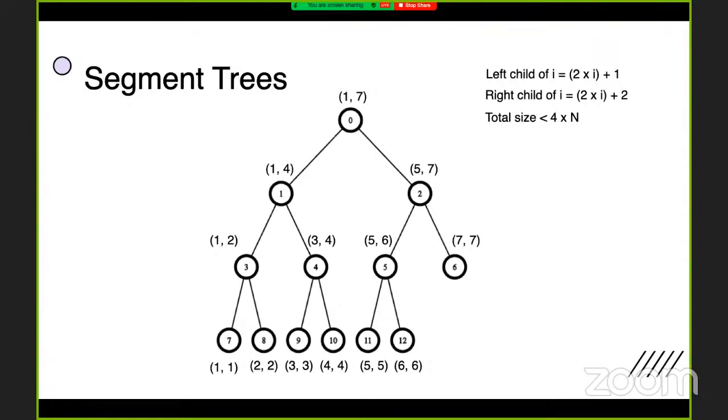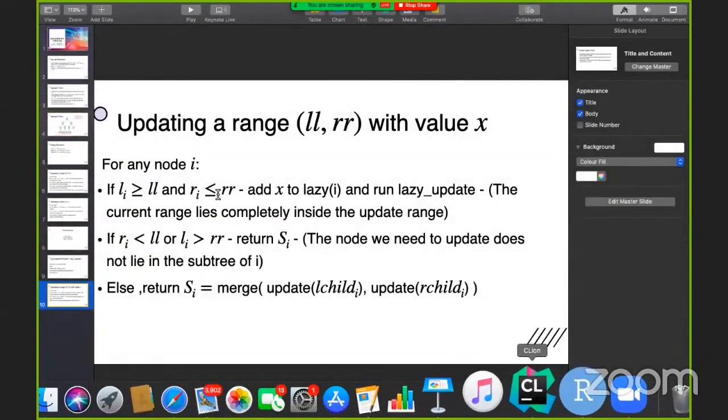Okay. So this means that instead of making some complicated C++ structure and then creating nodes with pointers or something, we can just store it in a linear array because each node has a unique value and there's an easy formula for finding the children of each node. Okay. So let's look at the implementation for building a segment tree, okay? So the implementation will be something like this.